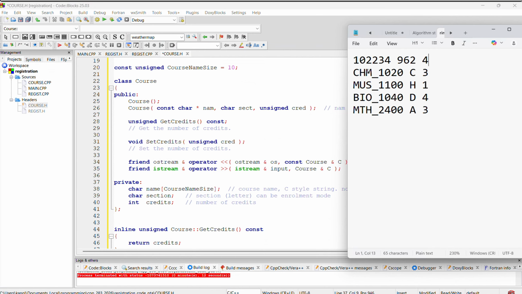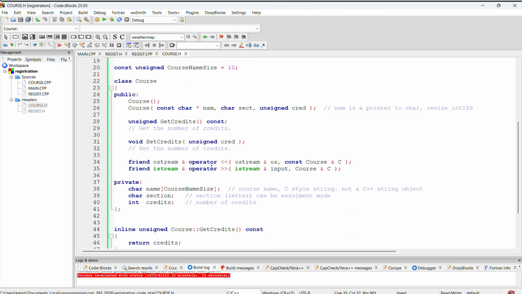So this is string, this is character, this is the credits, the integers. Okay. So it looks like it's going to map one to one. But of course, in order to be sure, we need to look at the operator input stream. So we go to the cost input stream,